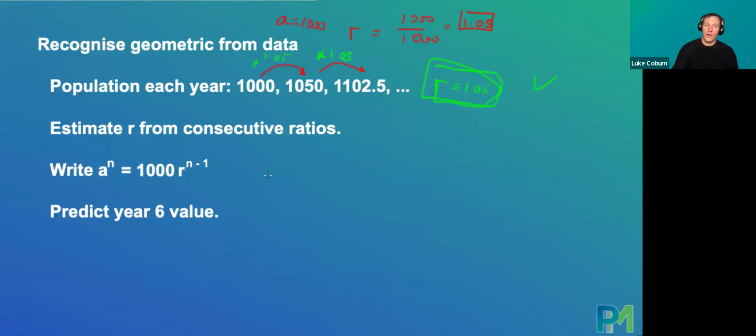Now we have a to the power of, sorry, I've made a mistake here. It should be down here. So now we can write down a_n is 1000 times r to the power of n minus 1. So this is 1000, and the r is 1.05, to the power of n minus 1. So this is our rule. And now we have to use our rule. That's how these ones always end: get the A, get the r, write down the rule, and now use the rule. So it's going to be 1000